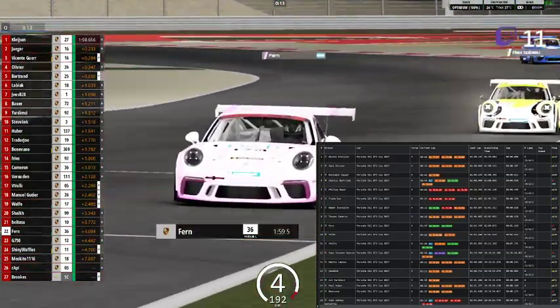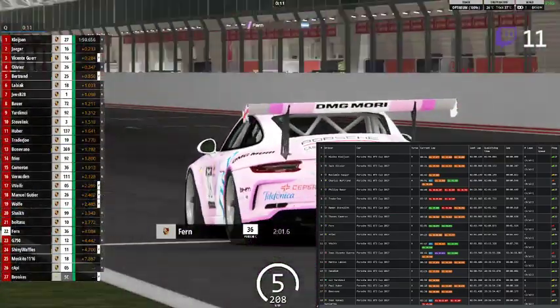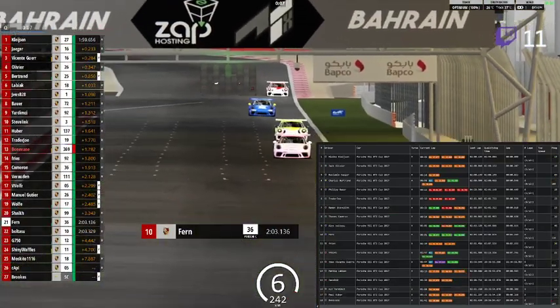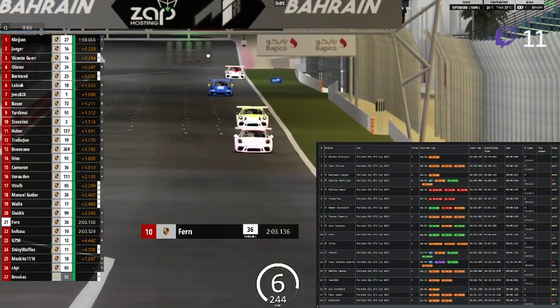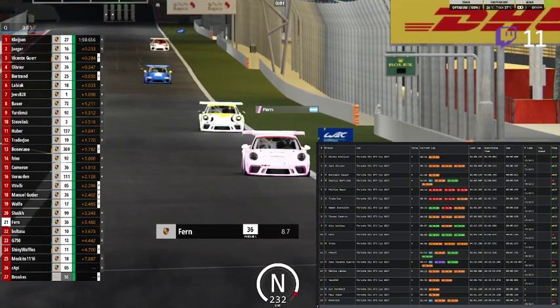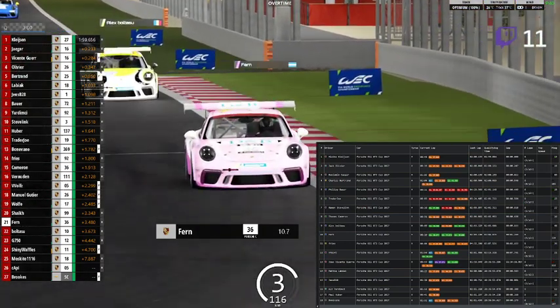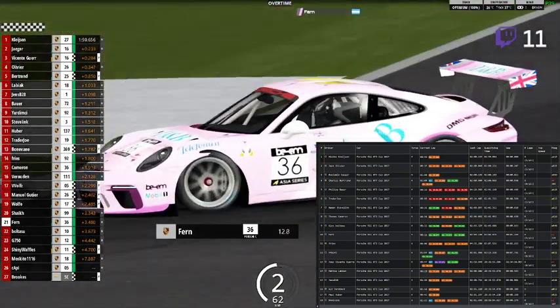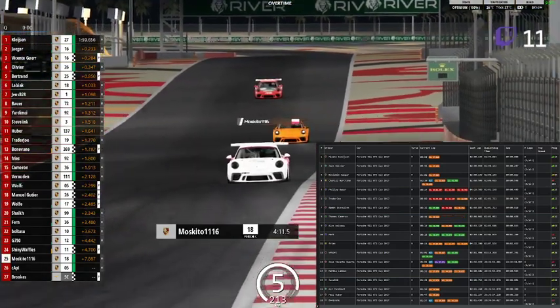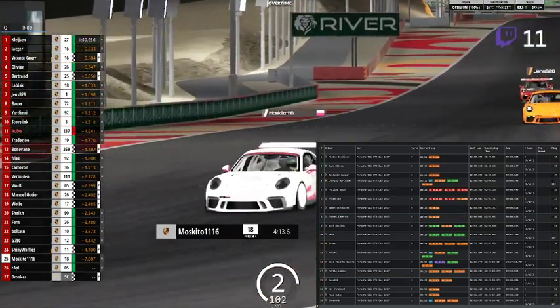Fern has completed 3 valid laps, so he's only going to go up in the world by doing a lap time. Yes, he does improve. Goes to P10. Alex Baltashu has set 3 valid laps. Now he's P9 on the grid. Only half the field, as the checkered flag flies, are going to have